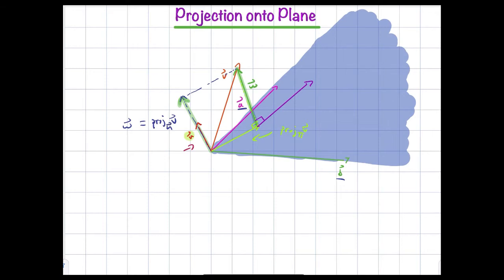And so this is kind of saying, because the normal vector is orthogonal to the plane, when we look at the projection of v onto n, we're looking at the component of v in the direction of the subspace spanned by this vector. Because the span goes in both directions forever, we're looking at how much of v goes in the direction of this thing which is orthogonal to the plane, and that is what gives us the w. And that allows us to find the projection of v onto the plane, because we know from